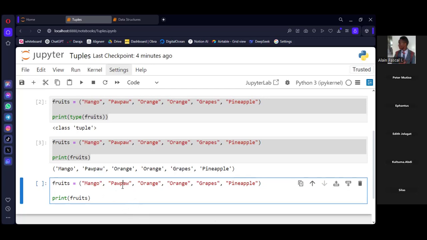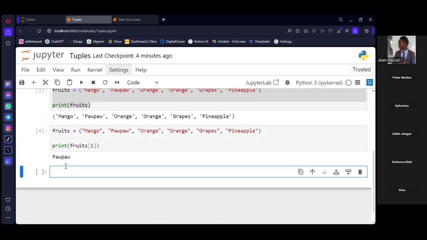What program should I write if I want to access this purple in this tuple? With your list knowledge, we talked about the list. Yeah. Thank you. So let's specify the index 1. So when I say 1, I am getting the output.